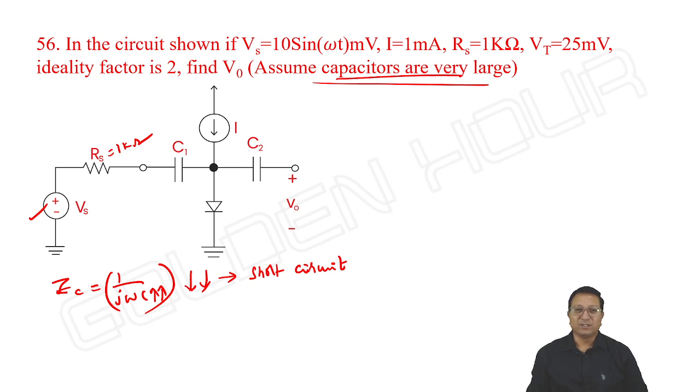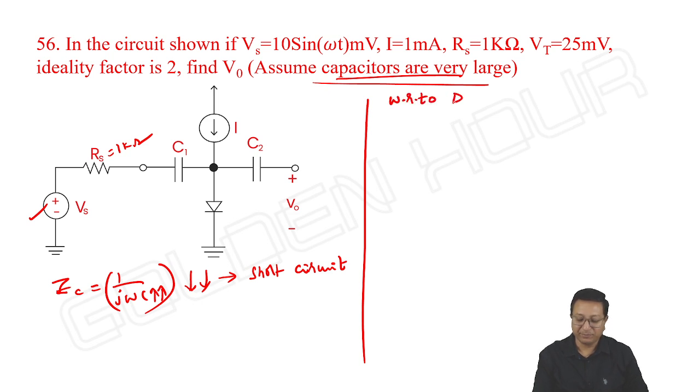Okay, so first of all, what we need to do, as in the two problems we did, now for this third problem: first, take the DC equivalent circuit, from which find the DC current flowing through the diode. From the DC current value, find the value of RF. Next, take the AC equivalent circuit and complete the remaining calculations. Okay, so first, with respect to DC,